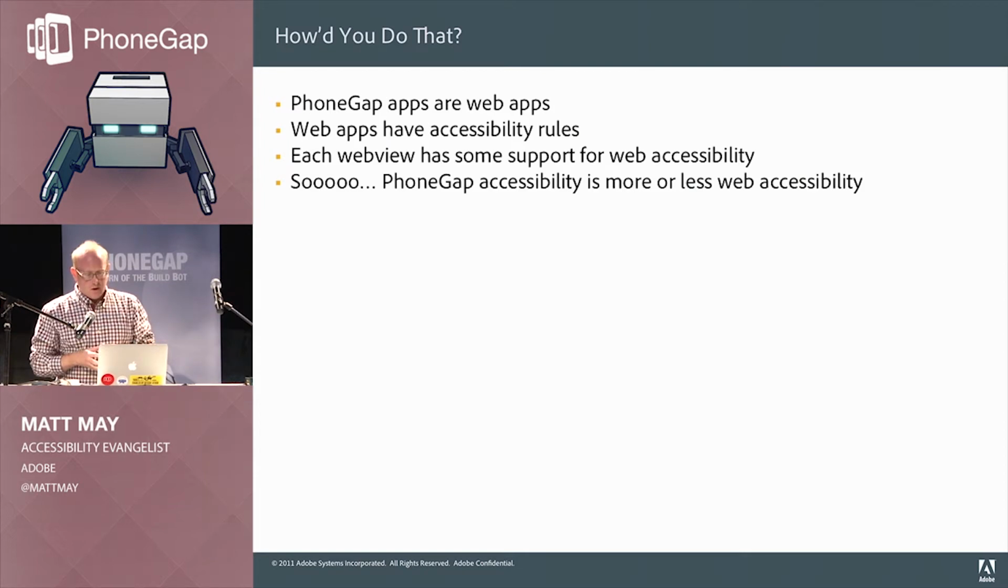Of Phonegap, because we're not exposing any new components of our own unless we're inserting our own frameworks. And so we can crib all of the support that the web view developers have built into the view. Each web view has a different level of support, so we're starting to do our investigation into Firefox OS, Windows Phone 8, and so on, especially as they add support for screen readers and magnification and high contrast and all of that. So Phonegap accessibility is more or less web accessibility,